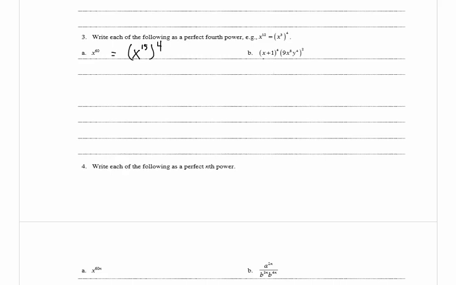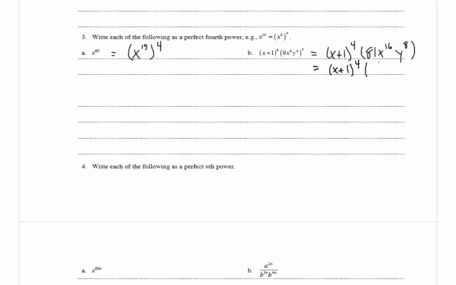In B, we have x plus 1 to the 4th times 9x to the 8th, y to the 4th, all squared. So the first thing that I'm going to do is square all of the factors inside the parentheses that has 9x to the 8th, y to the 4th. So I'm going to say that this is equal to x plus 1 to the 4th times 9 squared is equal to 81. X to the 8th squared is x to the 16th, and y to the 4th squared is y to the 8th. And now we can write it as x plus 1 to the 4th, and now 81